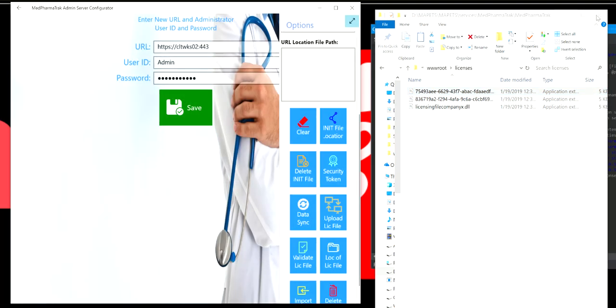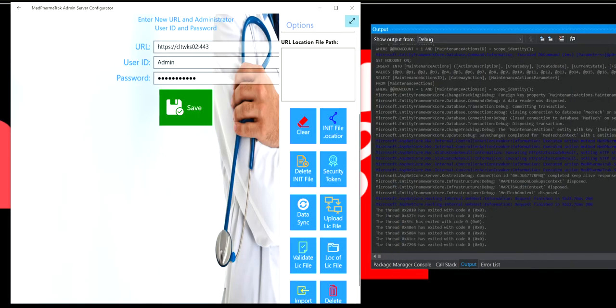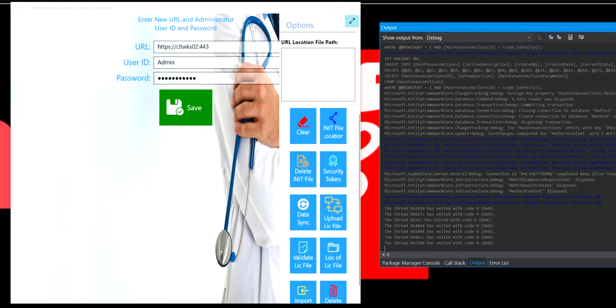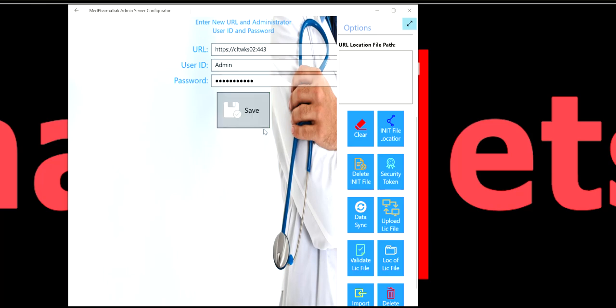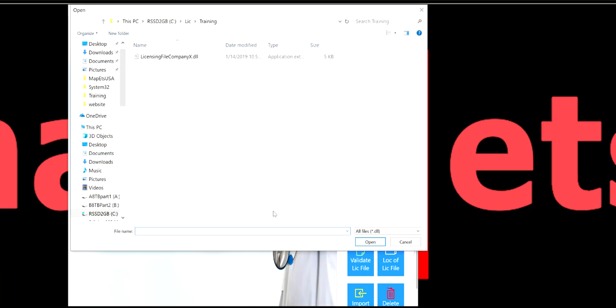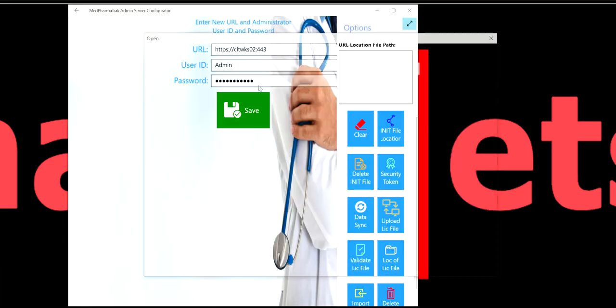Okay, moving forward, now that I uploaded the licensing file, I need to make this instance of this tool licensed. So I need to import that license to this tool. Follow me. First of all, DB server, data sync for the DB server, upload the licensing file for the admin server, and now I need to actually activate this instance of the configurator, and that is using that licensing